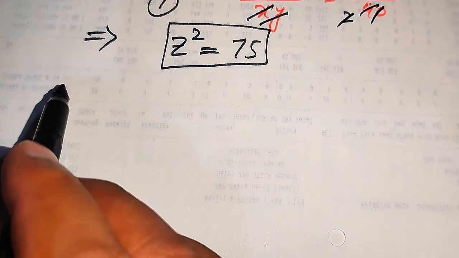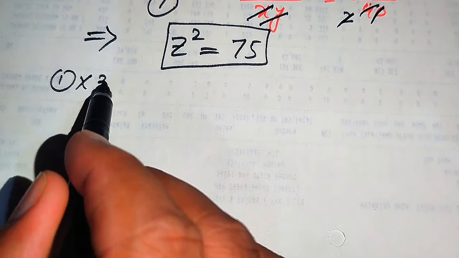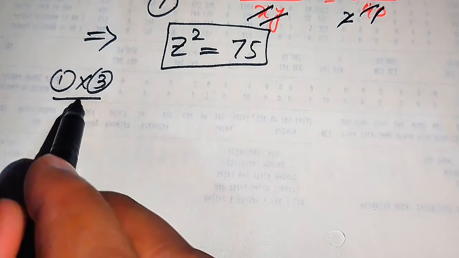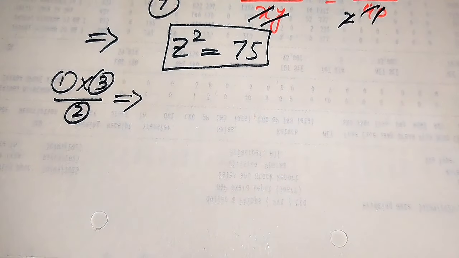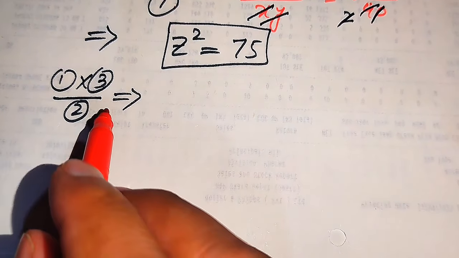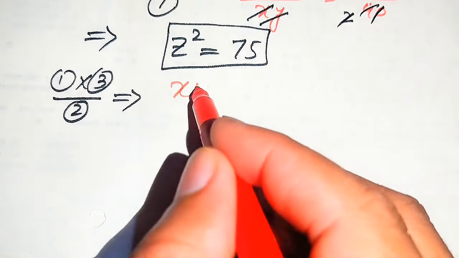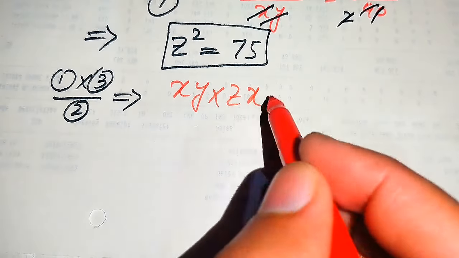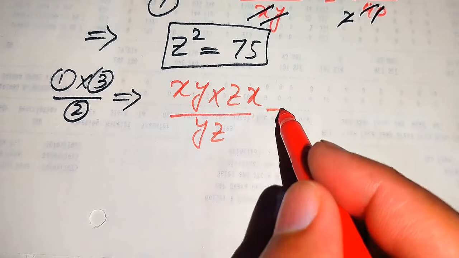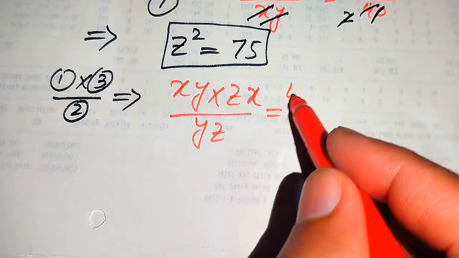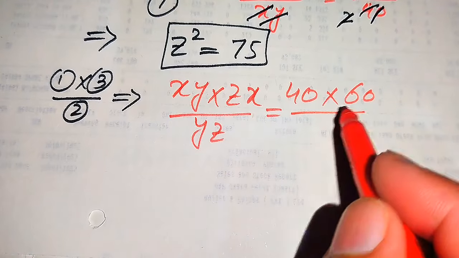So in order to find the value of x square we multiply equation number 1 with equation number 3, and we divide it by equation number 2. Okay, so now we need to do this step. According to this, first we need to multiply the left hand side of equation number 1 and 3. So equation number 1 is xy, equation number 3 is zx, divided by equation number 2, yz, equals